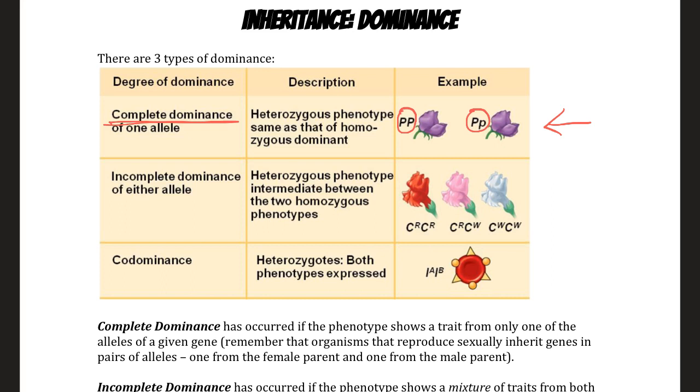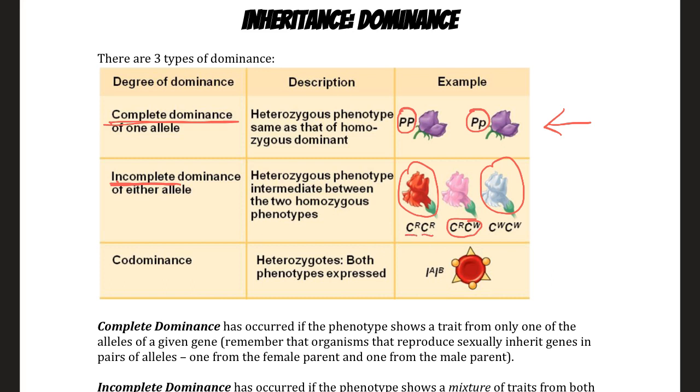So incomplete dominance just means that basically you can have a red type, you can have a white type, and then when a flower has these two different types of alleles, it kind of mixes. So obviously the alleles are genes, or parts of genes, that code for different types of proteins. So it may be that when you have